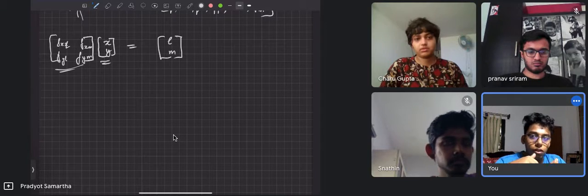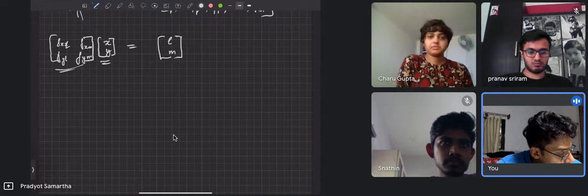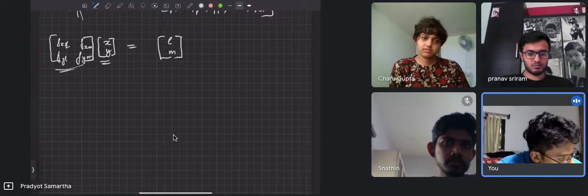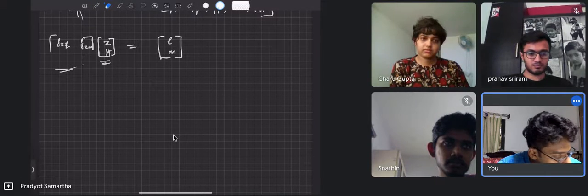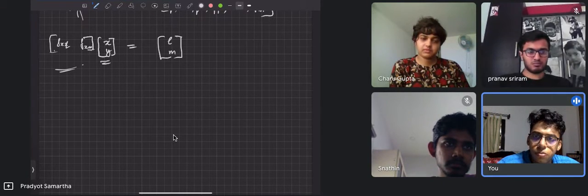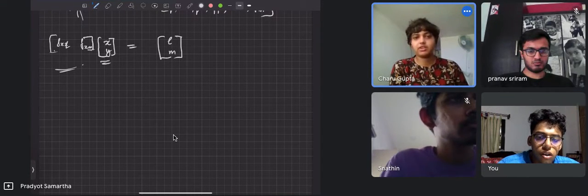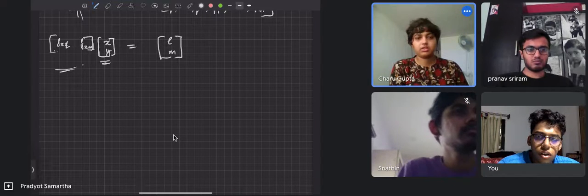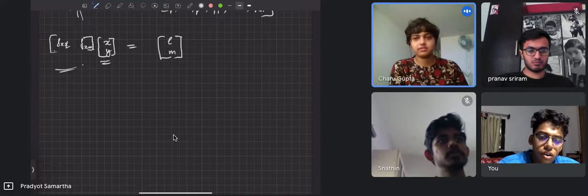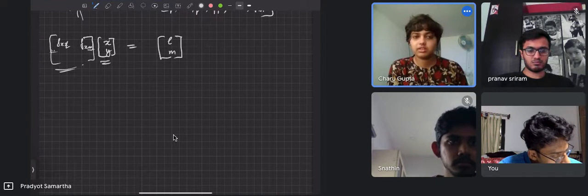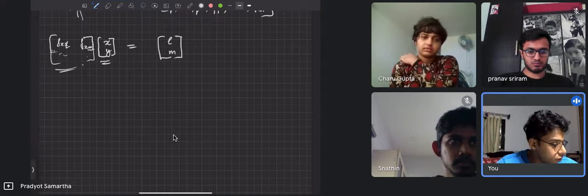Okay, so the idea here is that this is not a matrix. I think this multiplication is possible, right? It will be just a number. And on the right-hand side you will have a number, like a function sort of. You will not have a column vector. Okay, fine. Anyways,